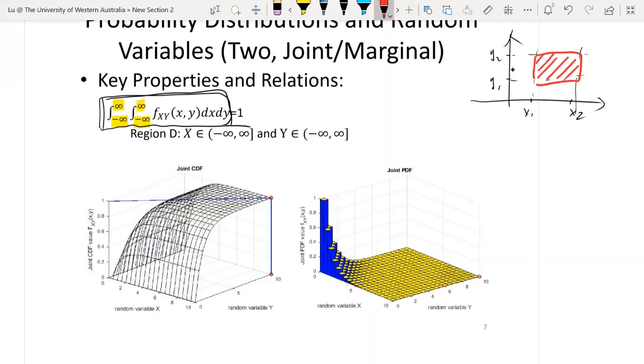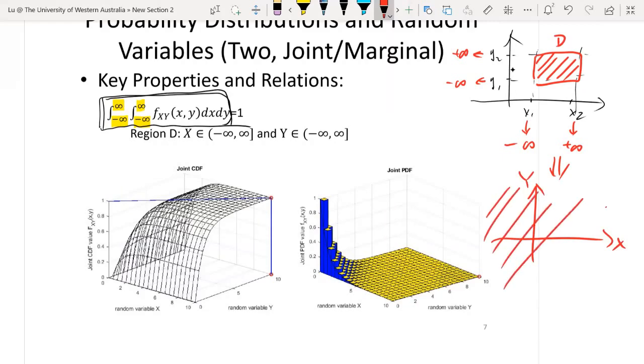But now x1 is changed to negative infinity, x2 to positive infinity, y1 to negative infinity, and y2 to positive infinity. So after adopting these values, this red region D is extended to the whole